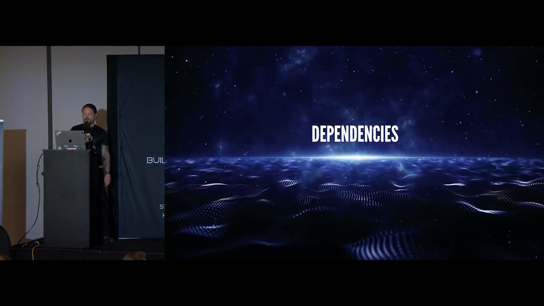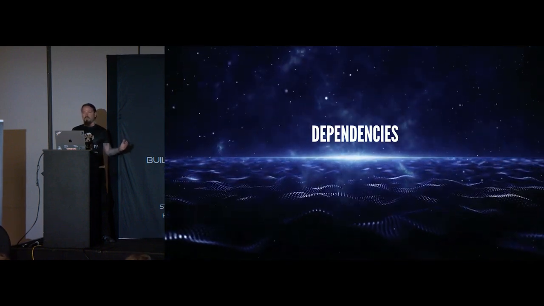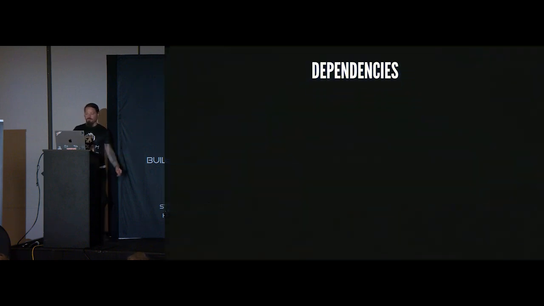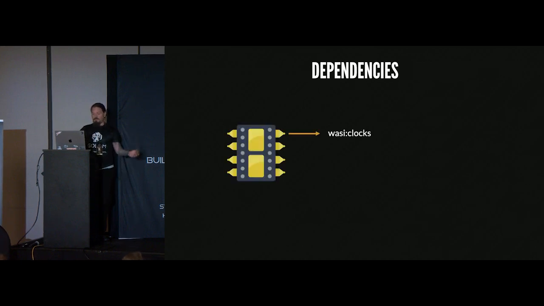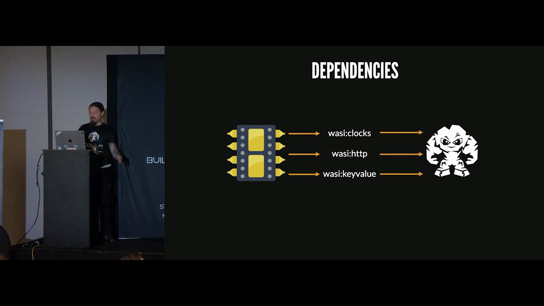OK, so the next thing. This worker invocation took advantage of components having exports. But the components also have imports, and those are basically the dependencies of your Golem component. So let's imagine it can depend on, for example, the WASI clocks interface, using HTTP, and using a key value store implementation. And one thing that Golem has to do is, of course, have an implementation for all these interfaces. That's how it can run your component. If it doesn't have an implementation for something your component depends on, then of course you cannot run it in